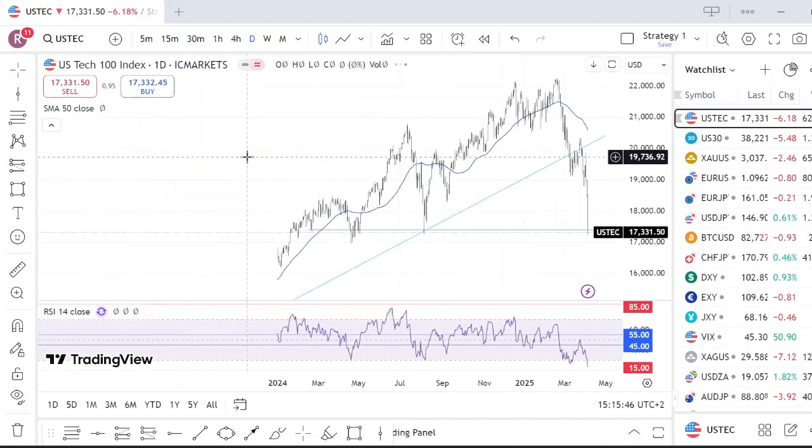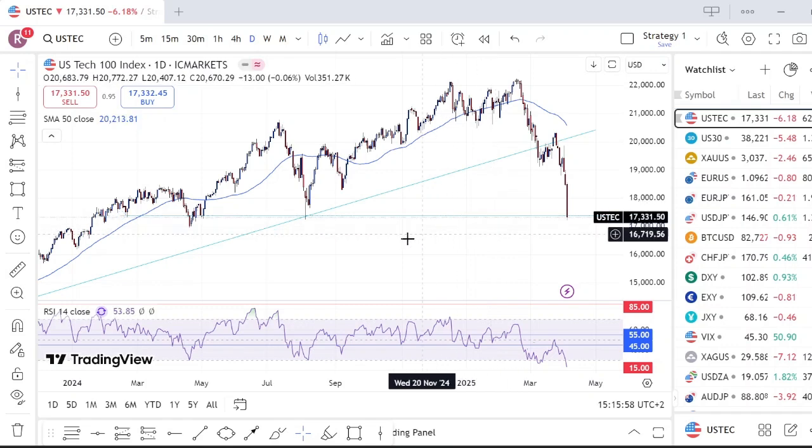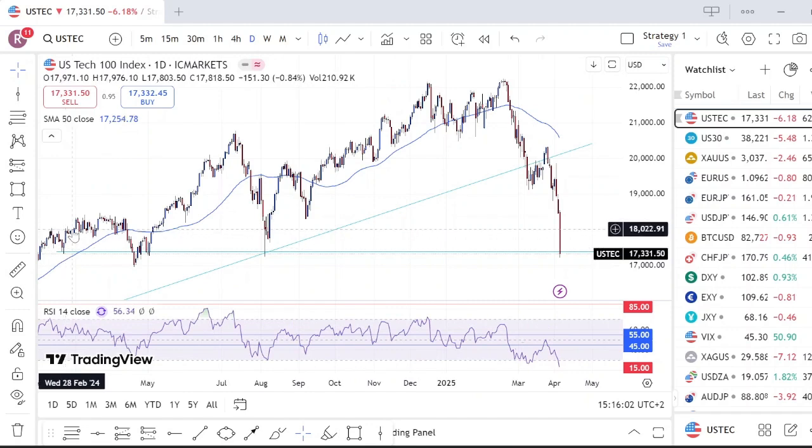Bringing back the trend lines, what we can observe. So we do have a support level currently at play. As I mentioned, 17,300. We can actually mark this as a bit of a zone. So I have 17,400 at play here. So potential for turnaround. We have had multiple bullish pushes from this level. We have 1, 2, 3 pushes from this level in the past, and there may be some validity as the